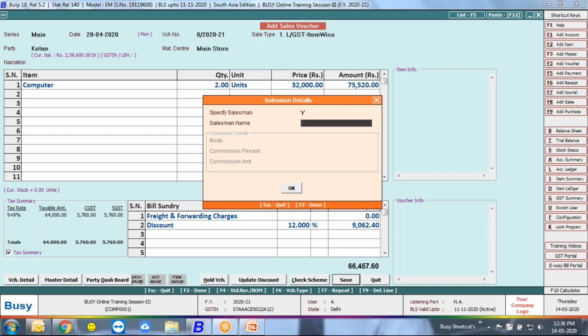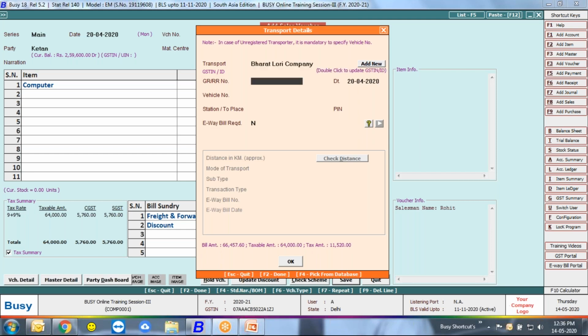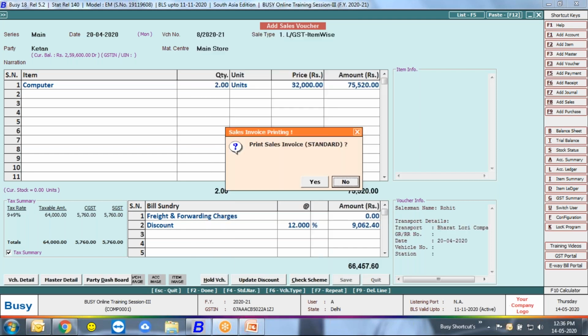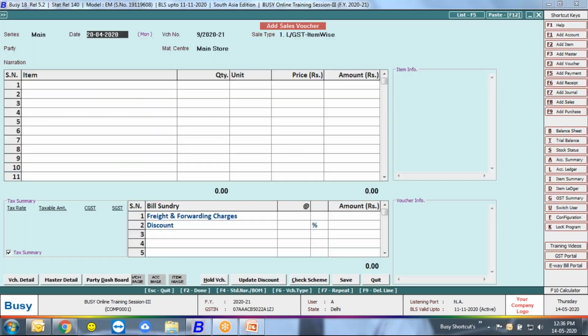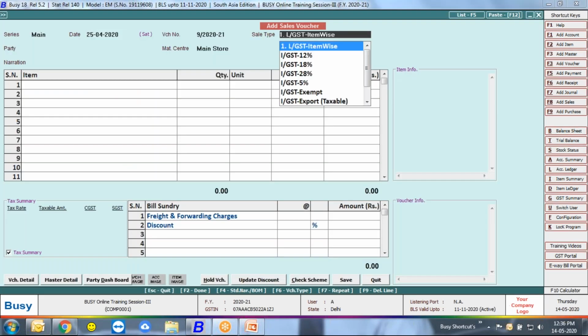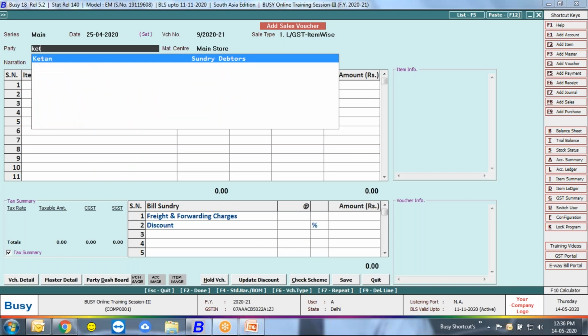You just say yes and define a salesman name for this transaction. You said, sir, Rohit. Okay, no issue. And the further process is still the same. You don't need to make any changes. One more transaction.